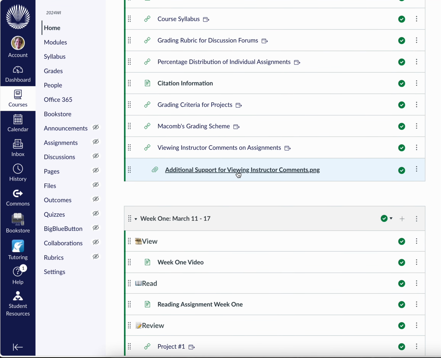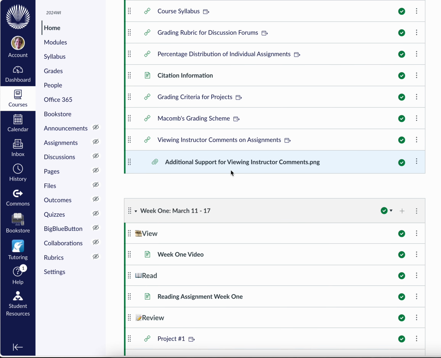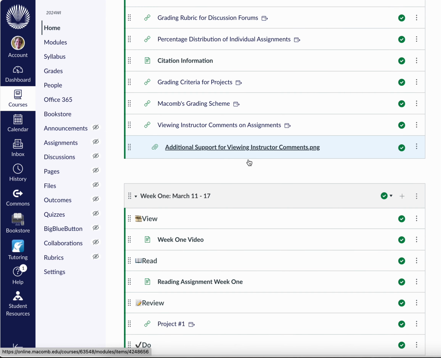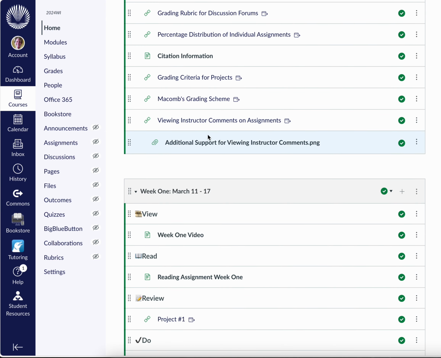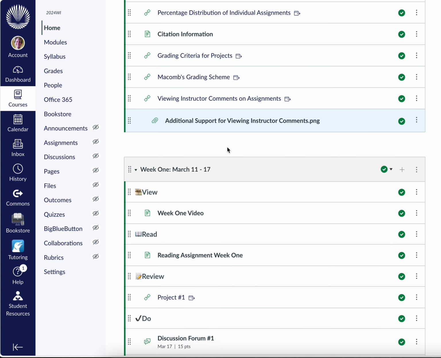And then I just gave you another image that shows you that same thing, how to get to those. If you ever have questions or you think, I can't find this video, can you help me? I will definitely guide you. I'll paste the link in an email response and I'll walk you through how to get there.